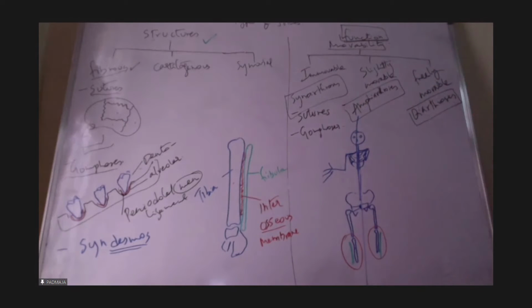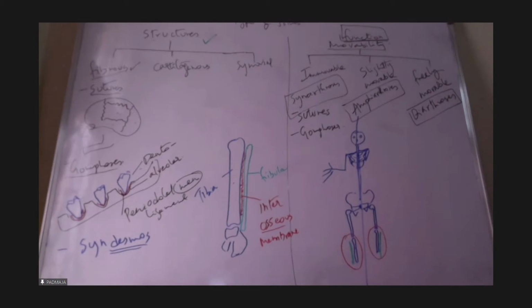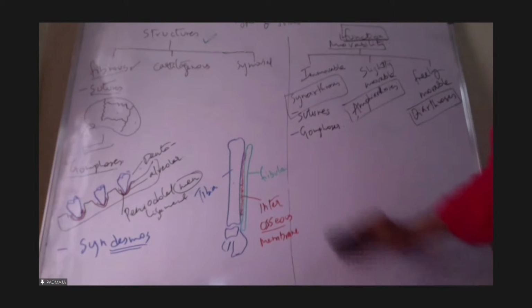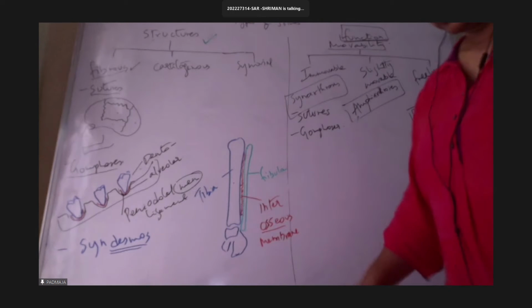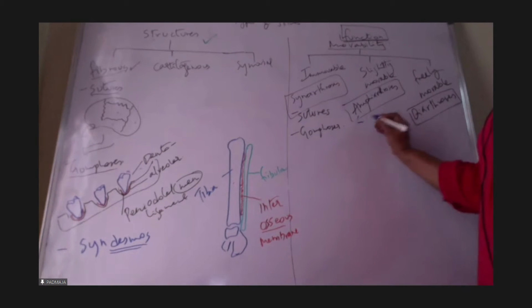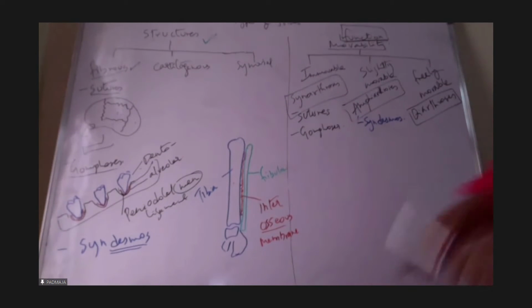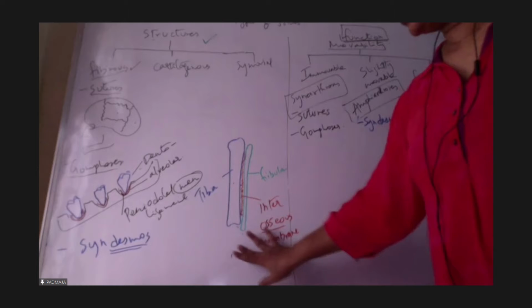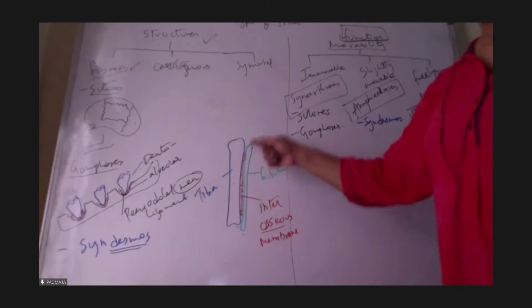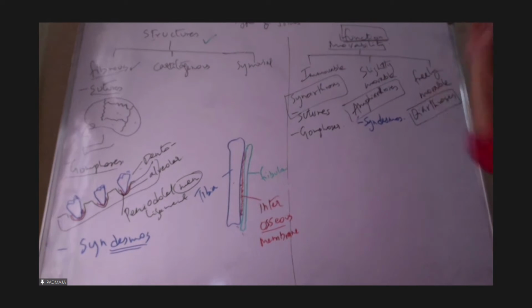Desmos means membrane. A membrane fusing two bones together. And of course, what I am saying, it allows slight movement, isn't it? So does it come under immobile or slightly mobile? Yes, so here you put syndesmosis. You draw the diagram, no need of drawing all this calcaneum and all, simple. Just label tibia, fibula, automatically you'll understand. Between those two bones, I'll come back once again, you'll draw by that time and you add this one here.